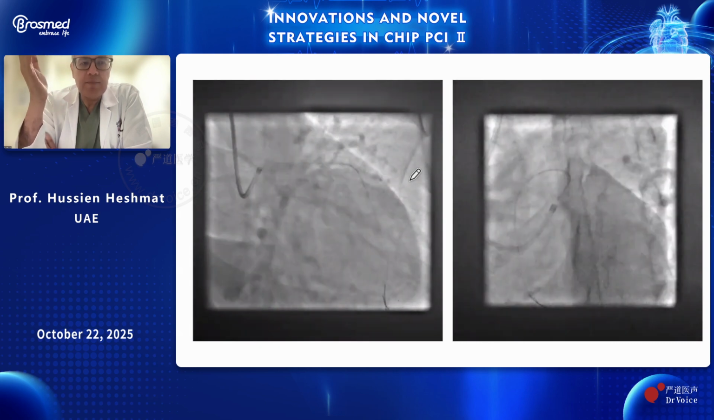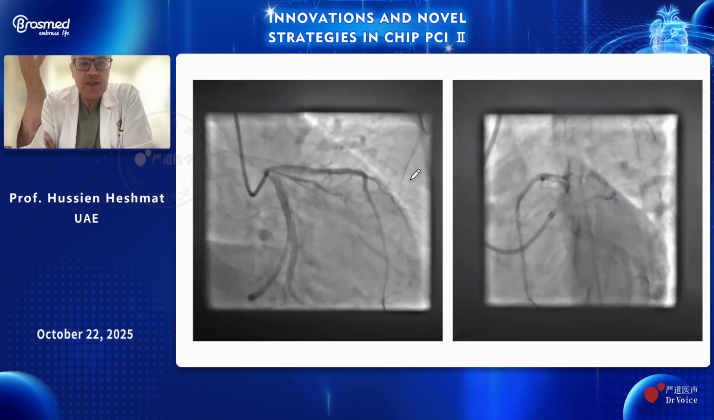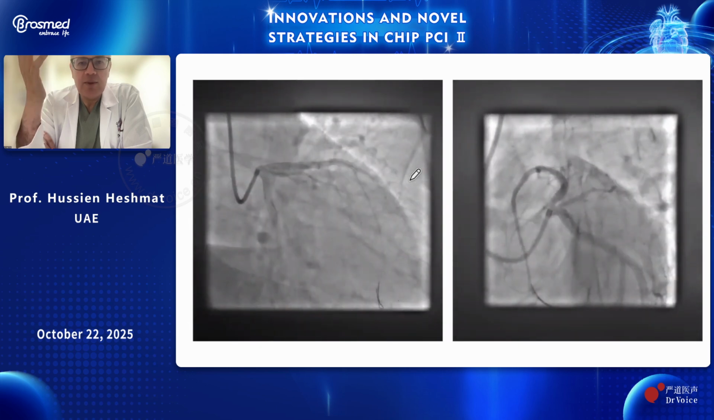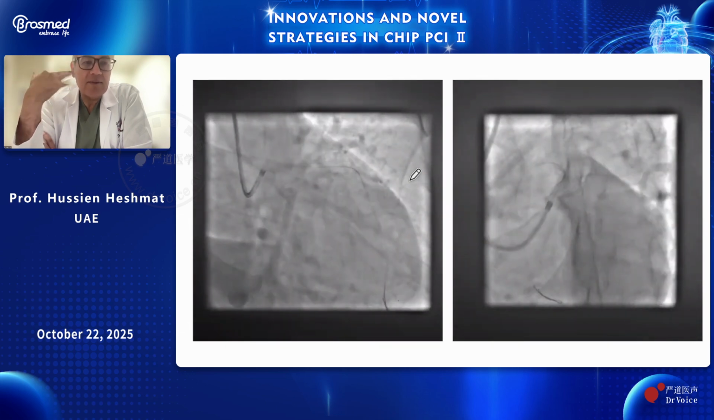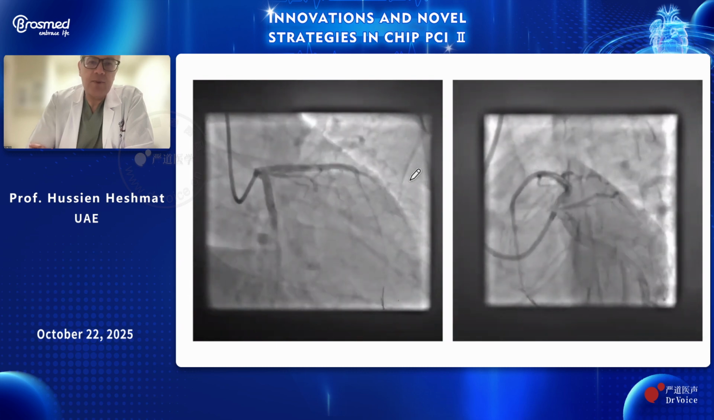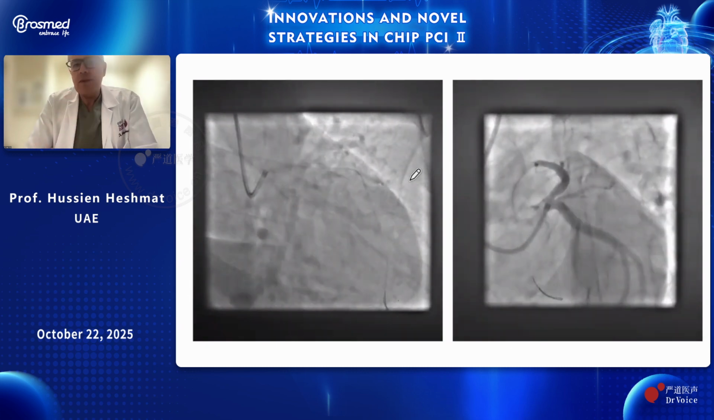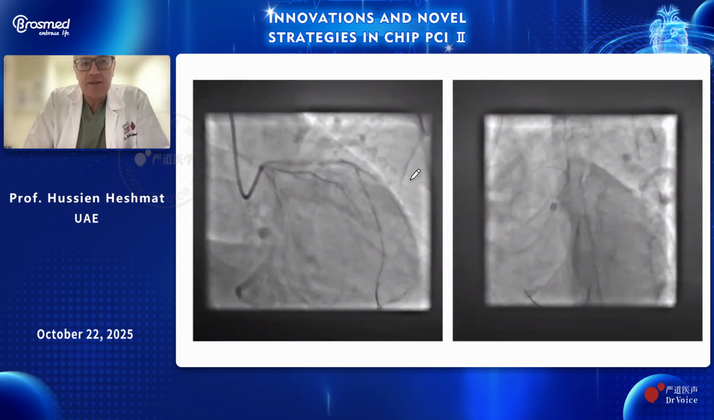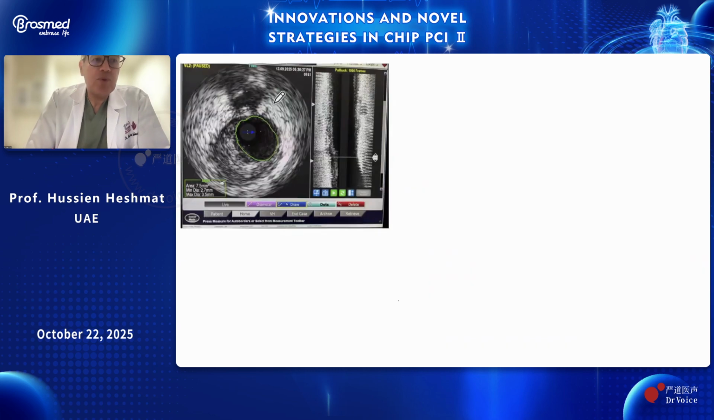We gained a significant lumen, and we waited for several minutes to make sure that there is no recoil. And you see here the marvelous result just with a couple of inflations with a wedge scoring balloon. So we had no doubts, and we went ahead with the IVUS to make sure that we had a good